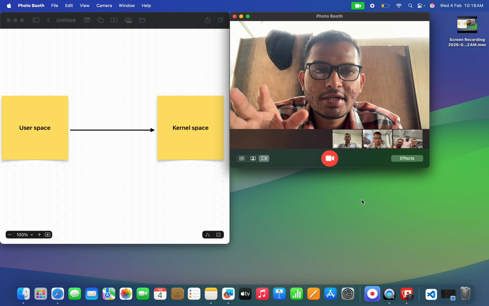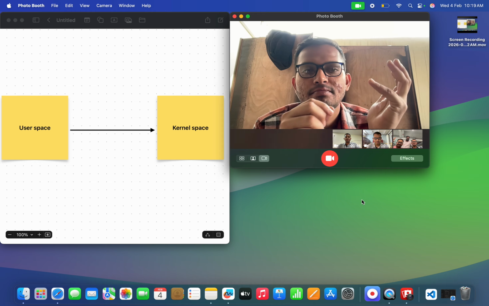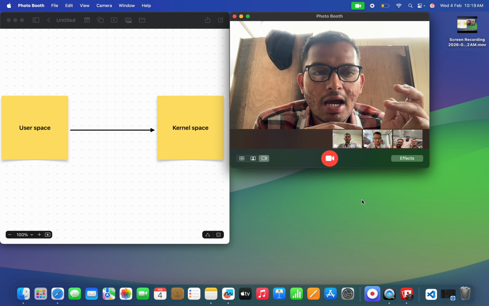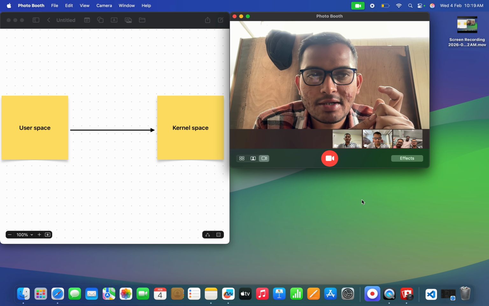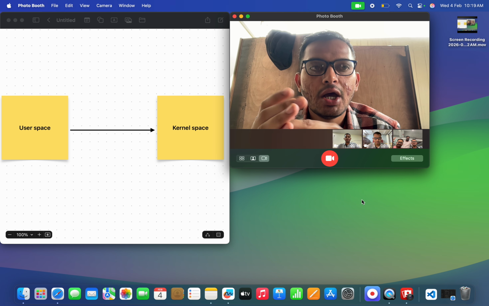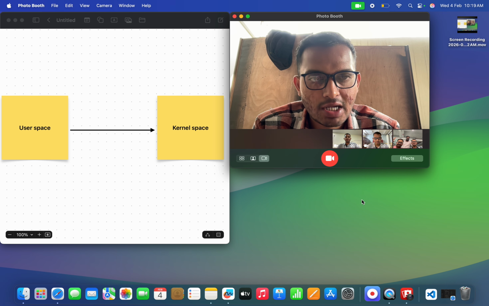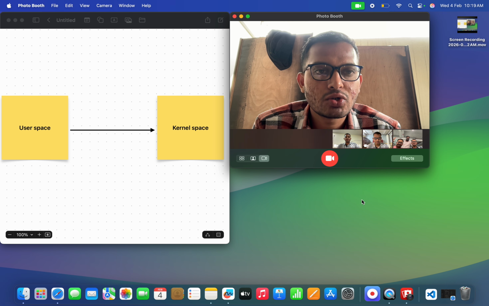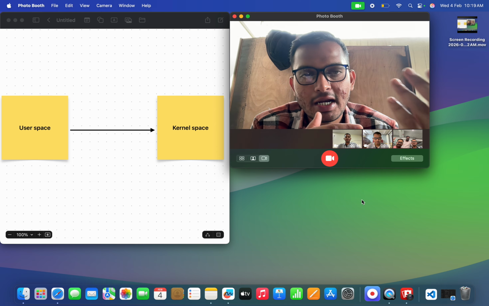So yesterday we discussed the Linux architecture, as I said. Linux architecture contains four parts. The first one is hardware, the second one is kernel, the third one is shell, and after that we have an application. So when we run commands, first it will go to the shell, and the shell will talk to the kernel, and the kernel will get all the resources and data from the